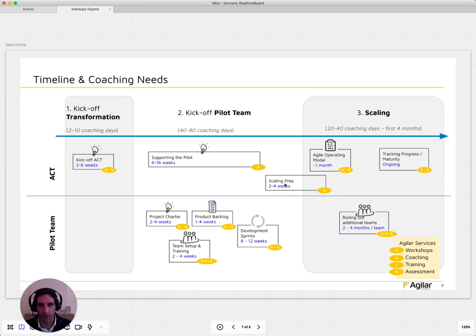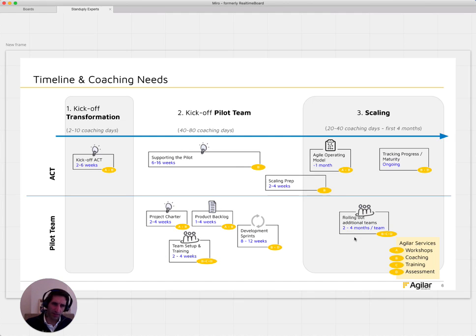Right, we start working at the tail. After this has started off, start looking at how to scale this. The scaling part can be as long as you want, but there is probably a good amount of work here in the scaling preparation, in the operating model. Like, do we have specific training, onboarding steps that we're going to take these teams through, so then we can start rolling out the teams?